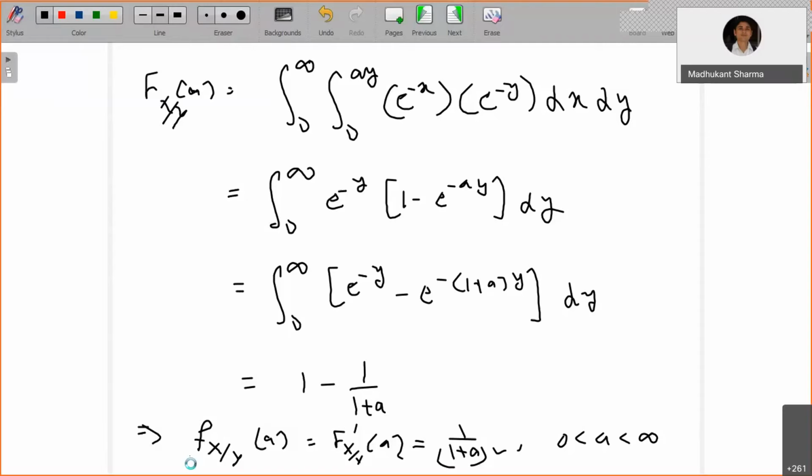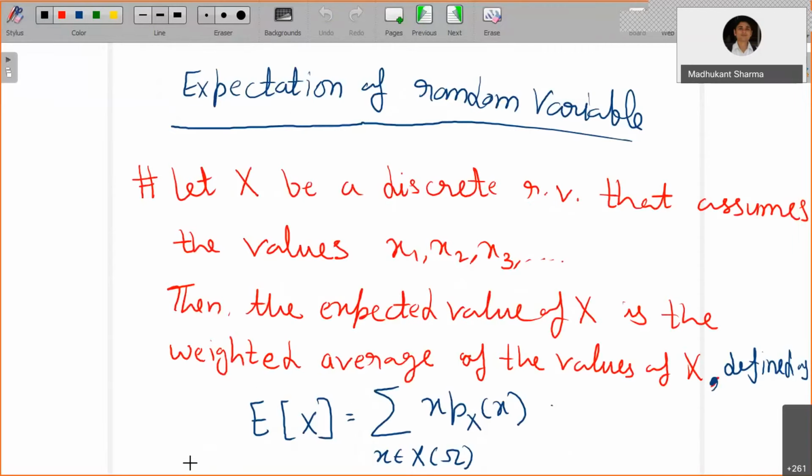Now we are going to define the expectation of a random variable. What do you mean by it? Suppose we are continuously doing some experiment, with some number of repetitions. What is the expected value at that time? Suppose after 1,000 or after a million experiments. That gives us the motivation to define the expectation of a random variable.